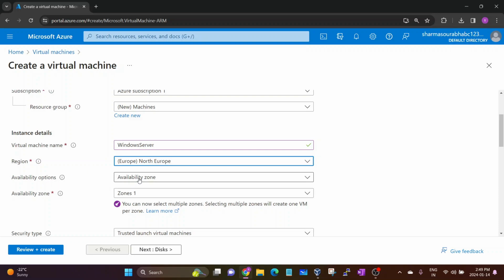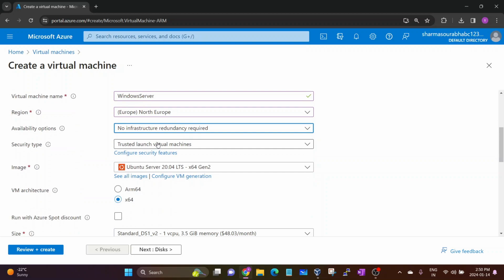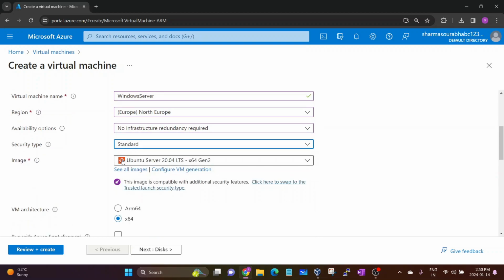Then we have availability options. So these are different availability options. It is mainly for redundancy. So in case your virtual machine goes down, then you still have a backup virtual machine or any kind of backup that can be deployed as soon as your virtual machine goes down. So these are the availability options that you have in Azure. So I'm not going to discuss all the availability options in this video. So I'll just click on this no infrastructure redundancy required, and here security type will be standard,